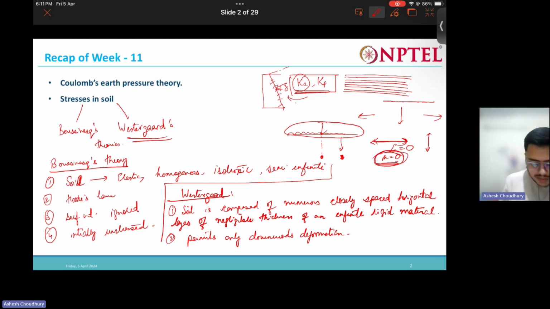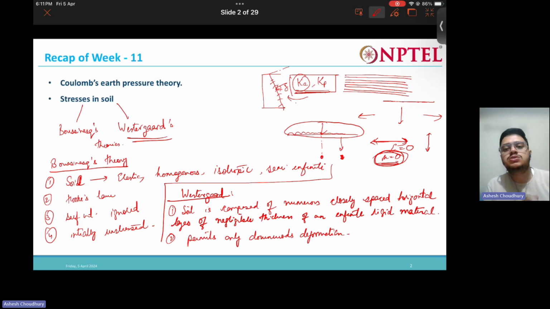Okay, that means what? That means the Poisson's ratio is zero. All right. So these are the basic assumptions of these two theories. So we'll be solving some problems regarding that, where you will be directly using the expressions derived from these theories. We won't be deriving that one by one, so that you can do it by yourself by seeing